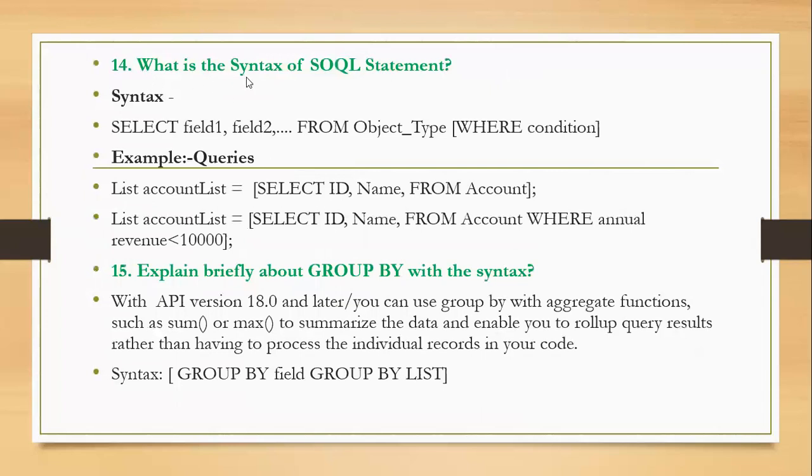What is the syntax of the SQL statement? Syntax: select fields from object_type where conditions. Example: list of accounts, list = [select Id, Name from Account]. Next, list of accounts, list = [select Id, Name from Account where AnnualRevenue